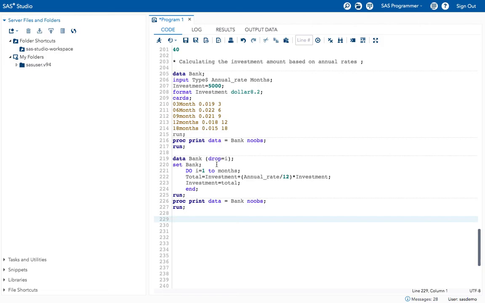Okay, so I already have the month values here, so I will take these month values. If I didn't mention any month values here, it will do it for every month. Okay, for each and every month, but in the end I want only the values for the 3rd month, 6th month, 9th month, 12th month and 18th month. Okay, how basically will it do? See, total equal to,